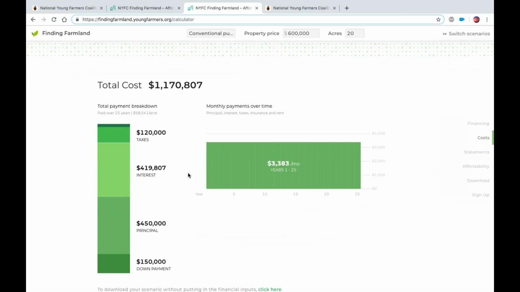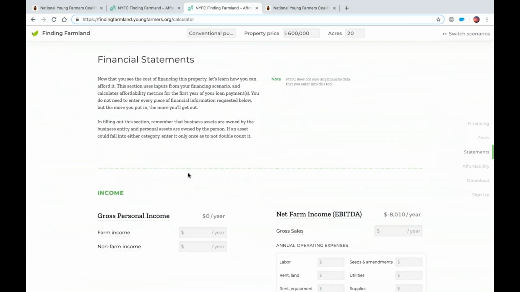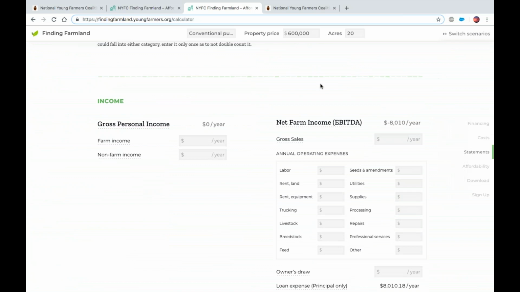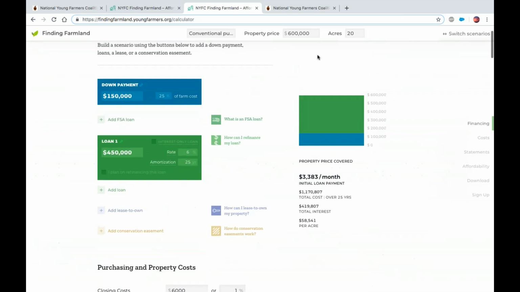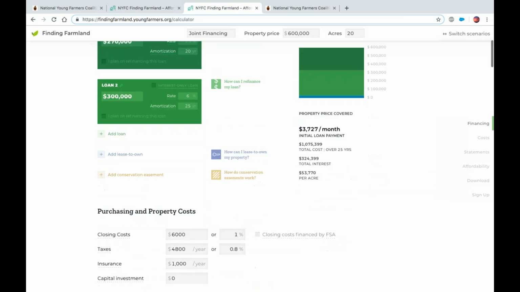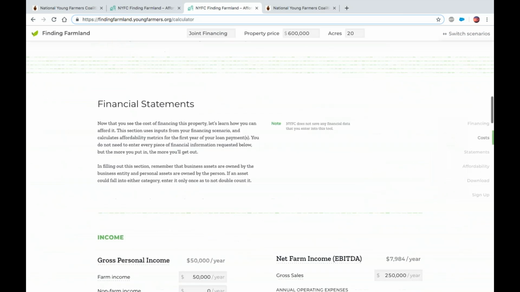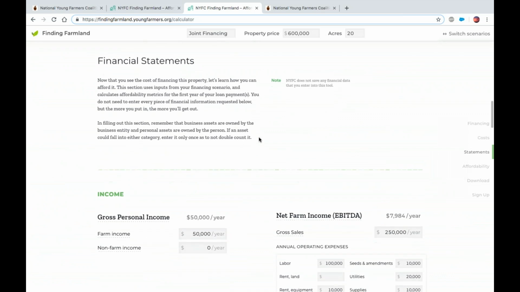And so now in this example, I also filled out some of the financial statement information. Oh no, it disappeared. Okay, well, we'll be able to fill that out in the next one. All right, so maybe you're still in the situation where you're looking at this conventional. Oh no, I was just looking at the wrong one. Okay, let's keep going with financial statements, then we'll go to the third one.